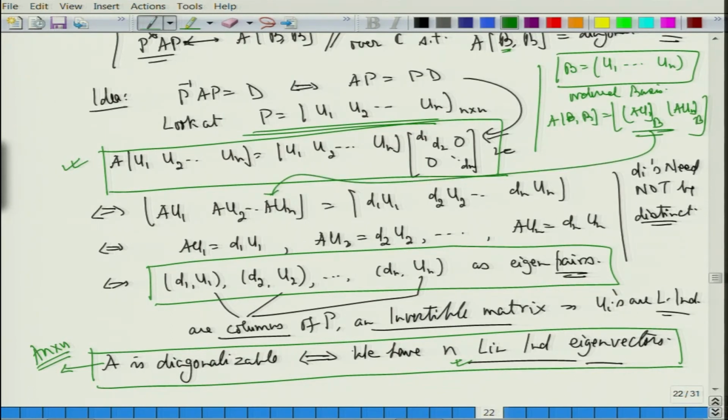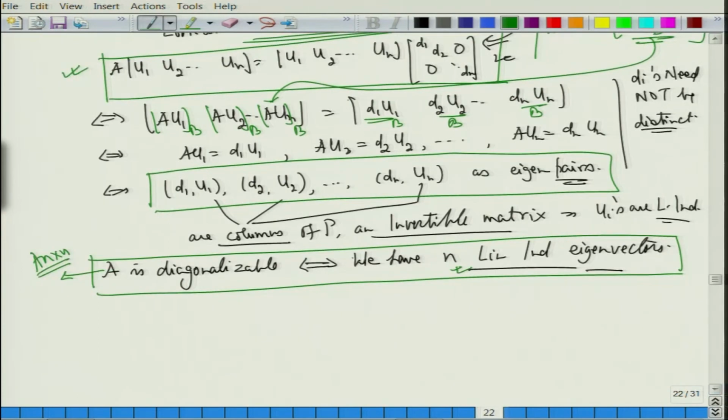And once I have done that, I am only supposed to look at this with respect to B. So this again with respect to B, this with respect to B, this with respect to B, and this is nothing but D1, 1, 1, 1. So if I want to go further,